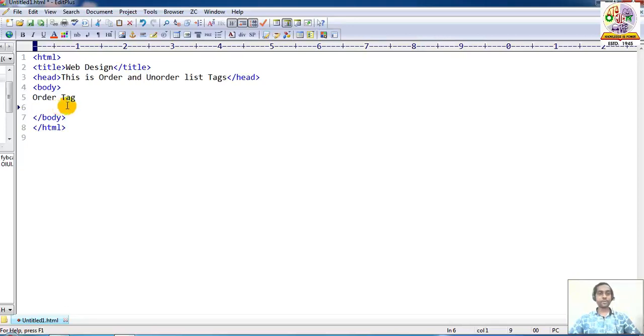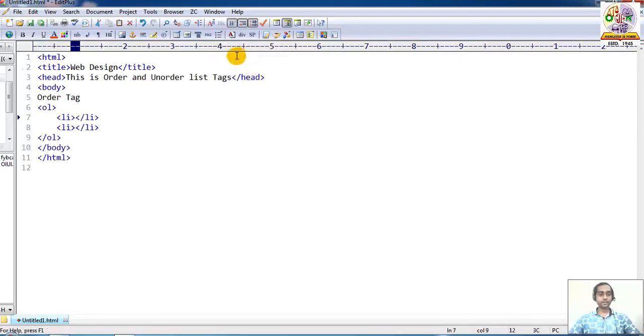EditPlus software gives us ready-made syntax for the list tag. Simply click here. OL means ordered list. LI means list elements.